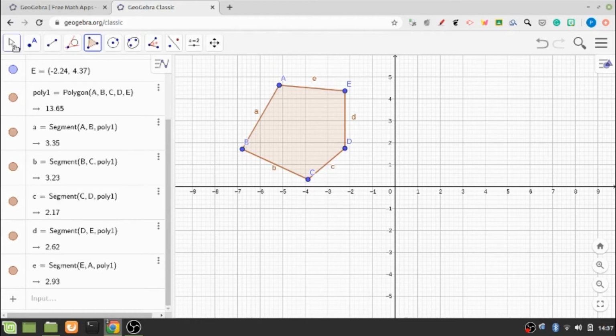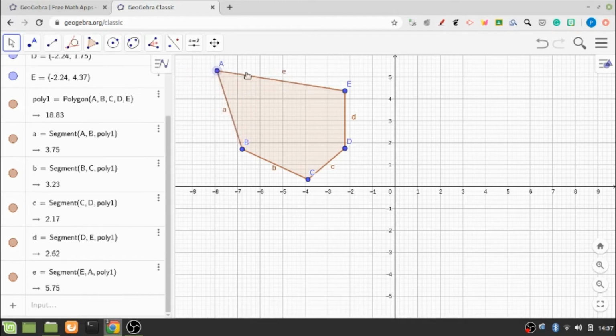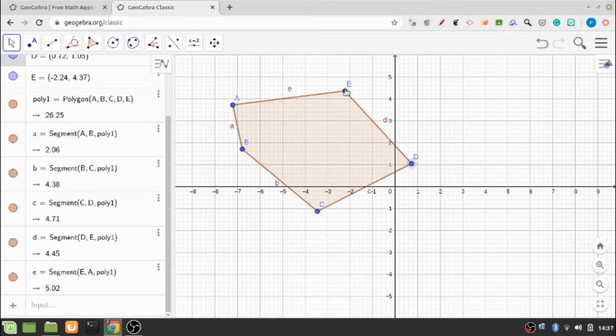So again I want to show you something using the move tool. If I click on any of the points on this pentagon and drag it, you can see that this particular point can be directed in any direction. You can move it, you can play with it. Similarly, you can do it with other points as well. You can drag it, change its direction, change its size, so you can do anything with this move tool on this polygon.